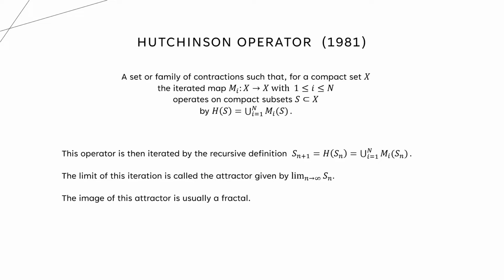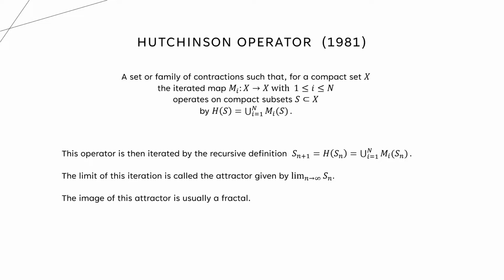Then once you have that operator, you iterate that operator, recursively defined, where the next iteration just plugs back in. Since we're doing the iterations on the S, now I'm changing the actual subset. I'm no longer just looking at the set, but now I'm changing the subset. And if I do that over and over and over again, I do end up having a union of all of these